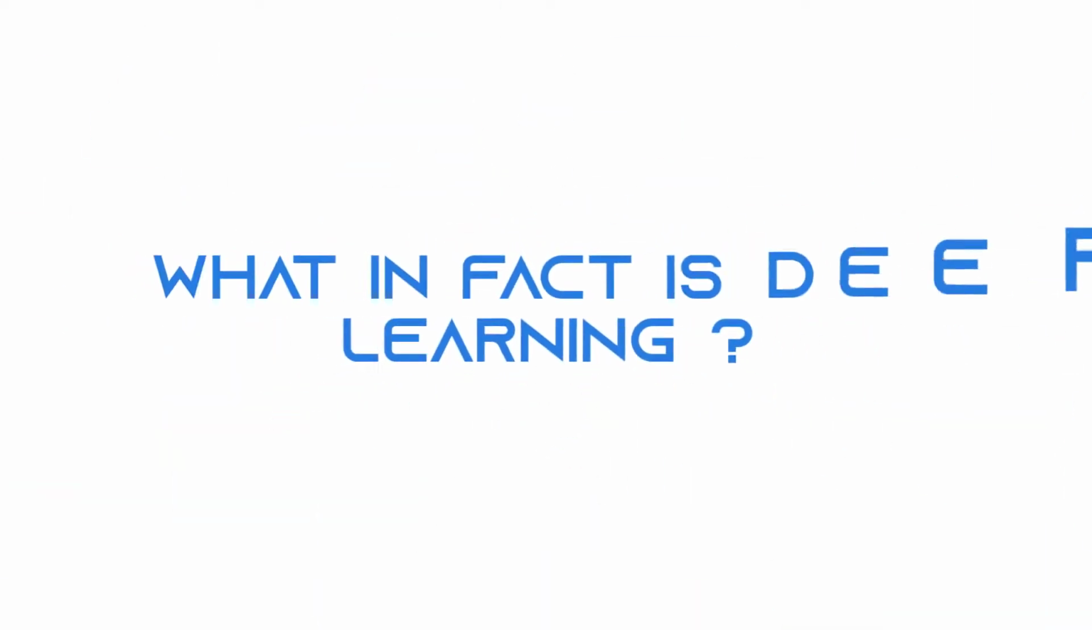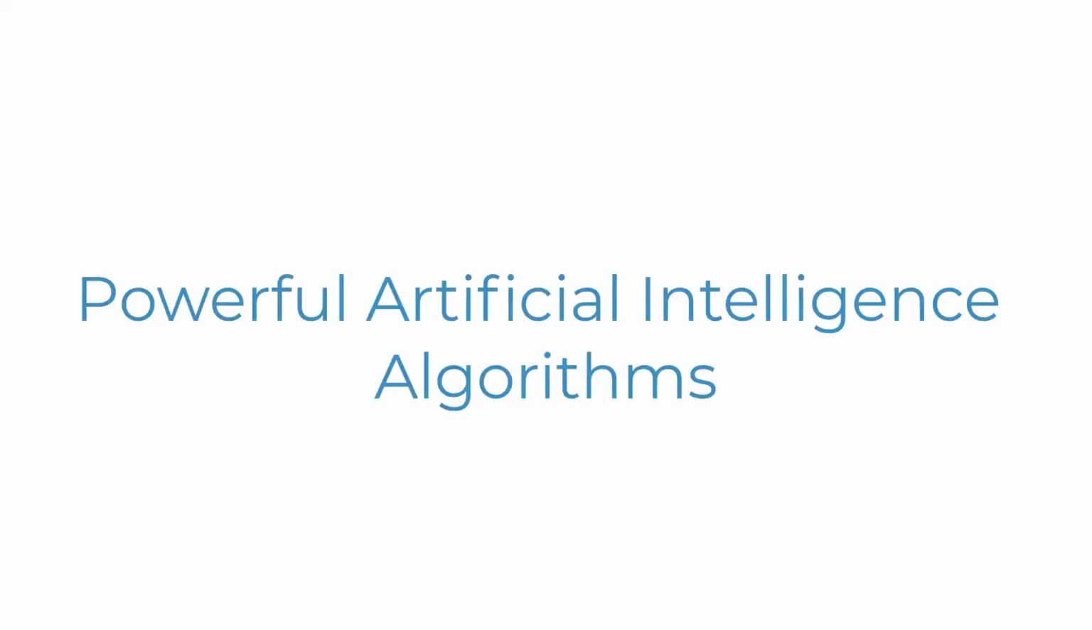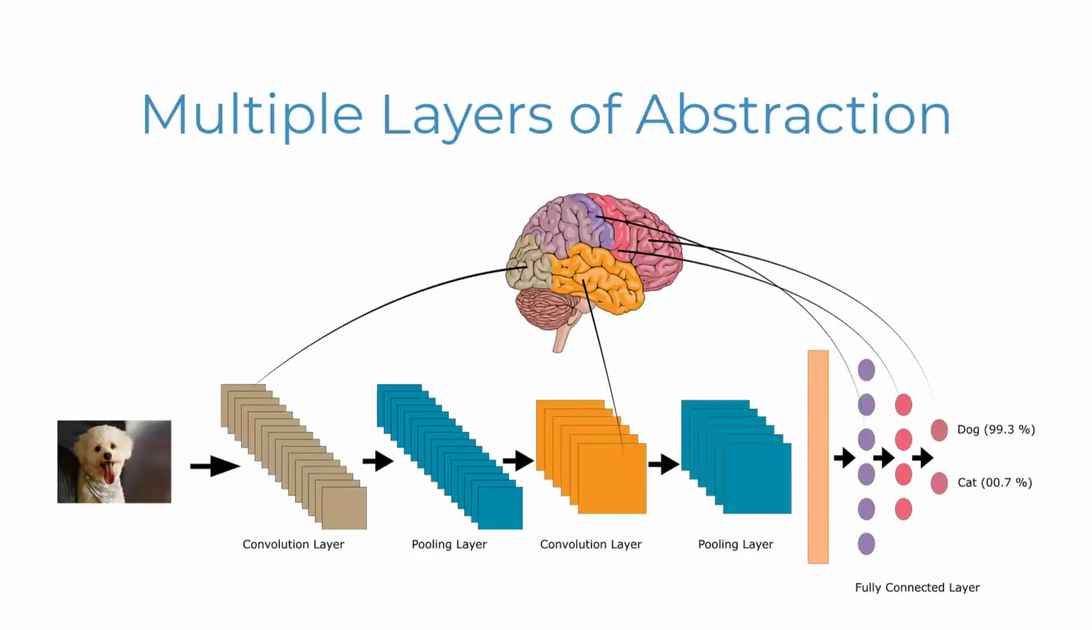So what in fact is deep learning? Deep learning, despite its marketing name, is nothing but a type of machine learning model called, back in the days, neural networks with multiple layers. So they are powerful artificial intelligence algorithms composed of multiple layers of abstractions that imitate the human brain's way of